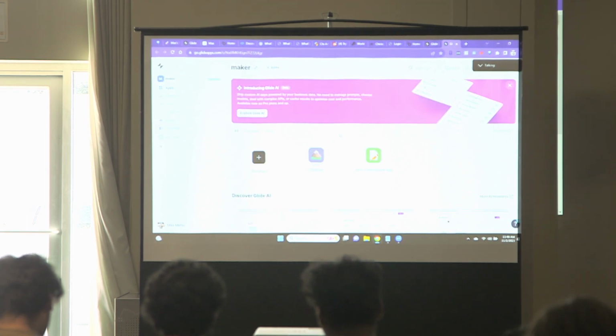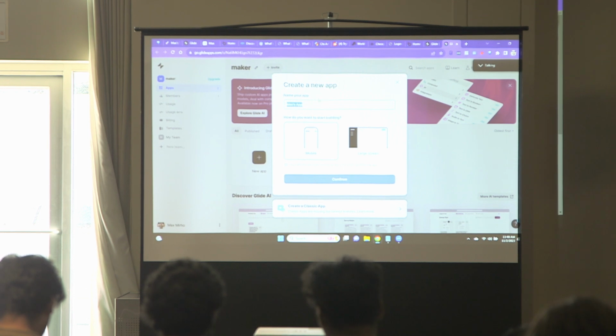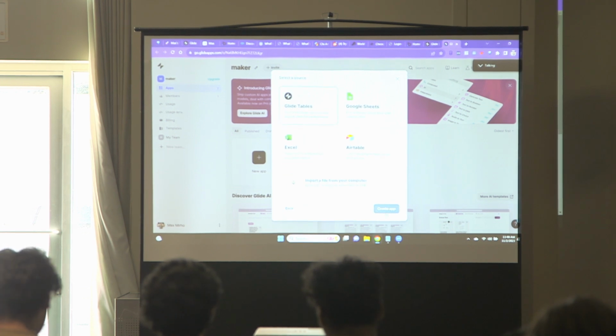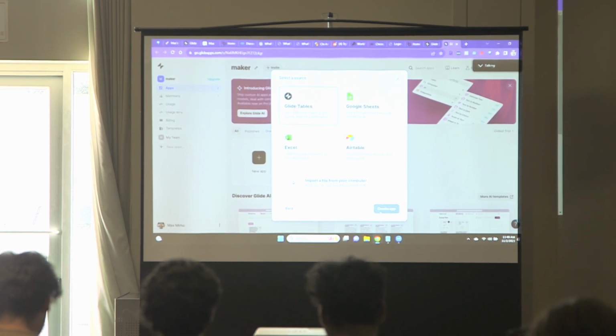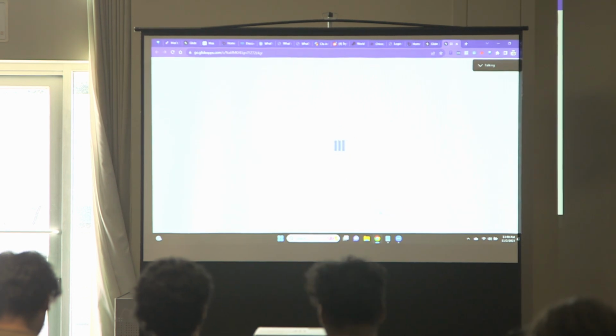It's really, really cool. This is what I use for prototyping mobile app ideas. So it asks mobile or large screen desktop. I'm just calling it Max's app. I'll keep going. You can select a database backend. It could be Google Sheets. It could be Excel. It could be Airtable. Airtable's like a super Google Sheets. It's a cool database tool. But I'm just going to use their internal database. Doesn't really matter.